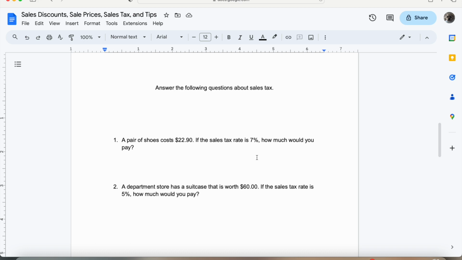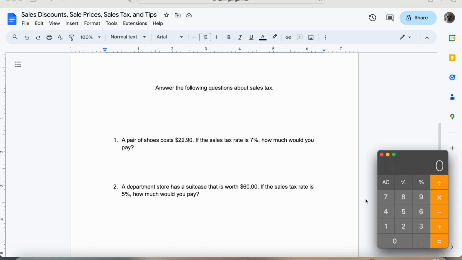So for number one, a pair of shoes costs $22.90. If the sales tax rate is 7%, how much would you pay? Okay, so for this problem, if we take